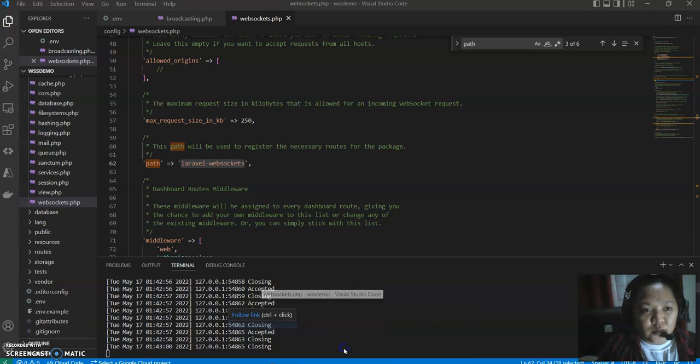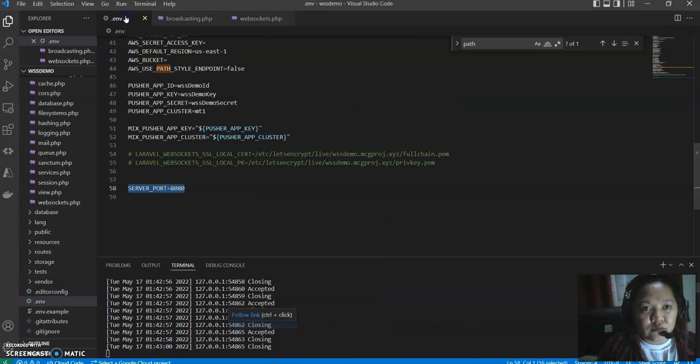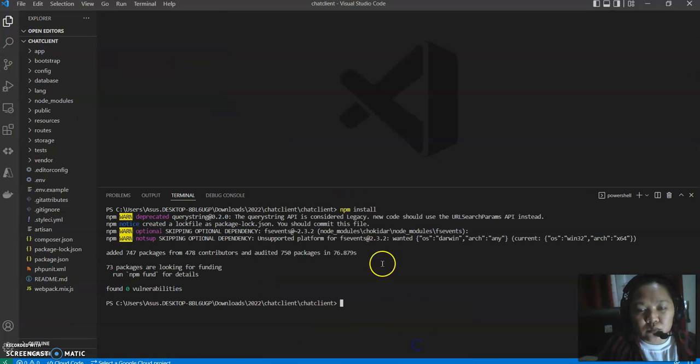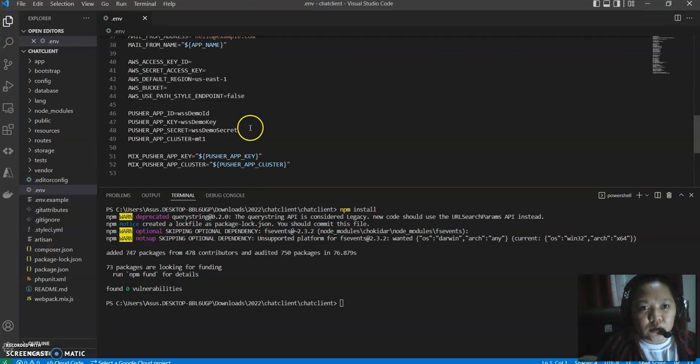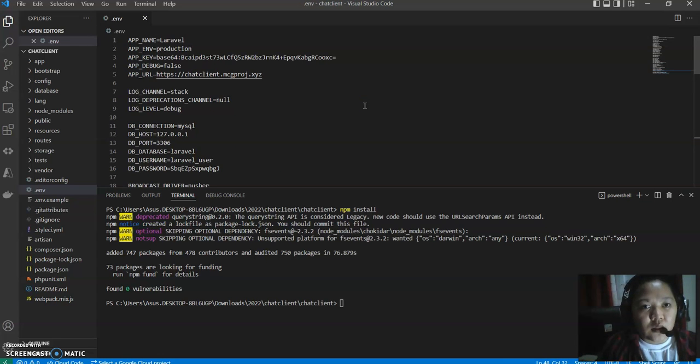So I'm going to open again the .env file of the WSS and ensure that the pusher app ID, demo key and secret are the same as what we will use in our chat client. Opening the .env file, we will ensure that it's pasted. Okay, and then